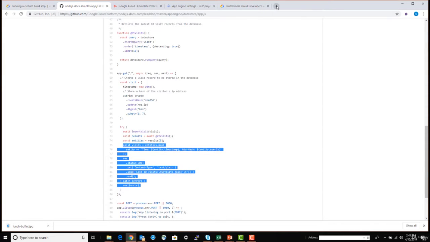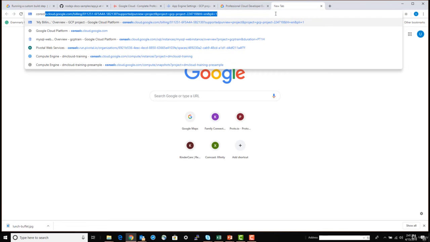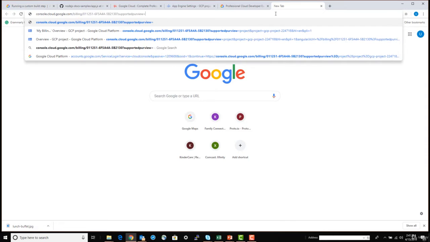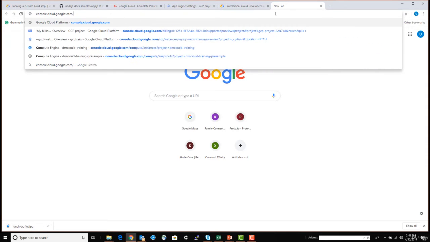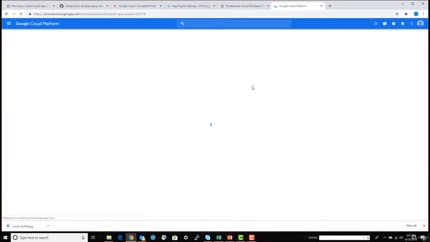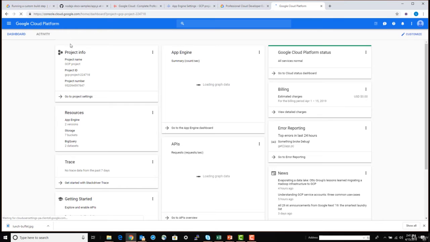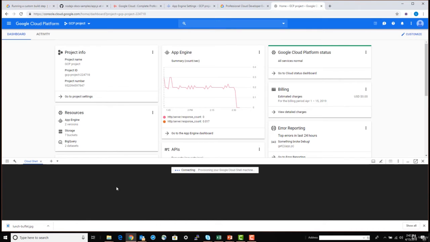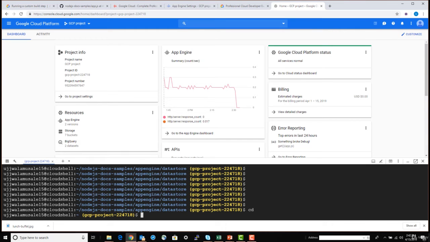Let me go to Cloud Console and launch the Cloud Shell. You can do that with the Cloud Shell itself, or you can do that using gcloud commands.